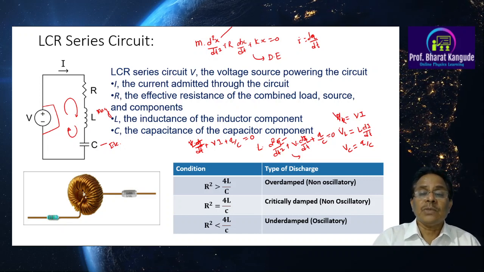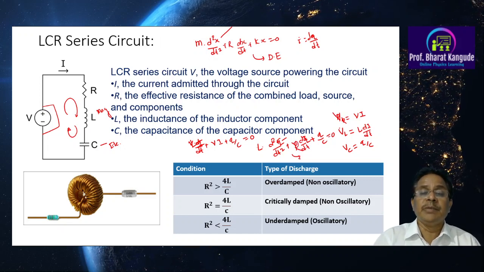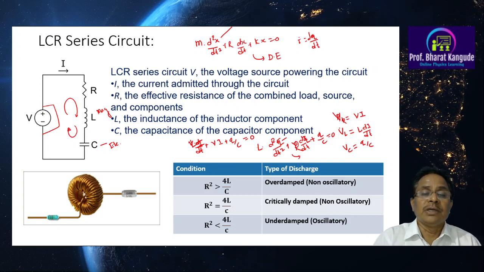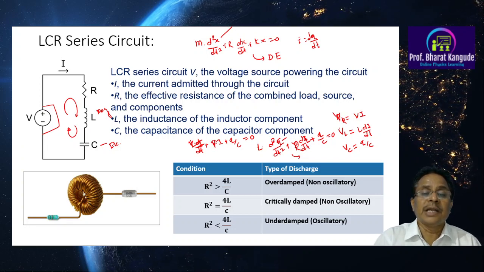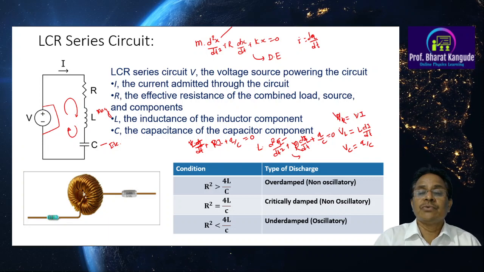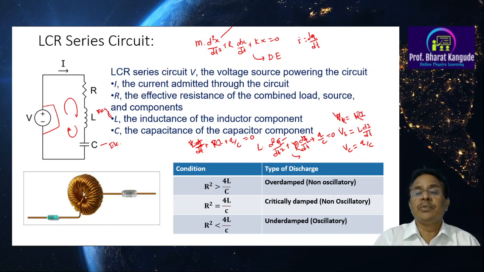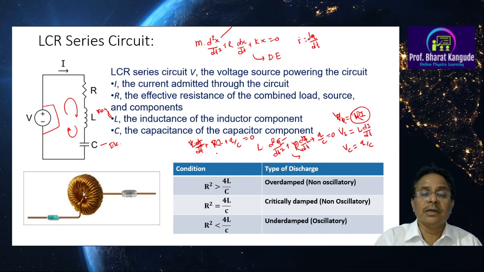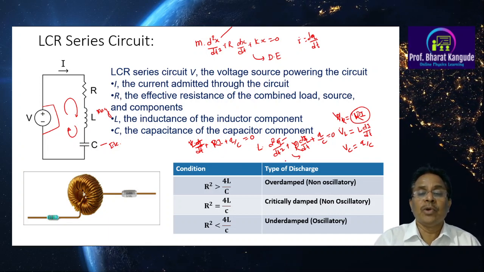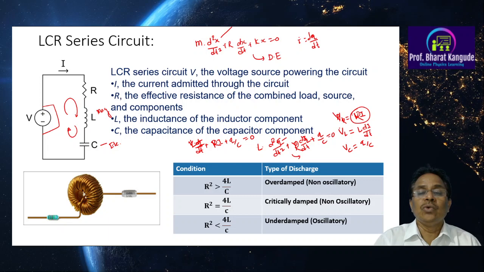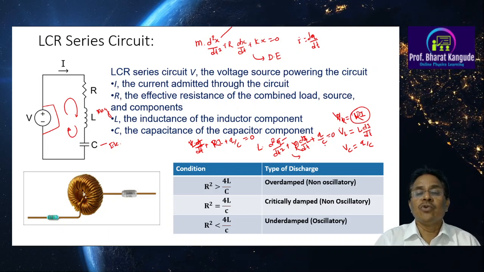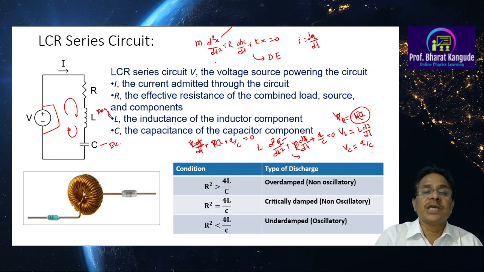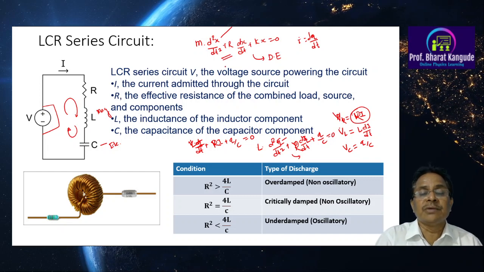Then the term in between is r. Actually I have written this expression wrong here, this is r into I. So Ohm's law is given as v is equal to ri, not vi. So L into d square q upon dt square plus r into dq upon dt plus q upon c is equal to 0. This expression is exactly similar to this equation.